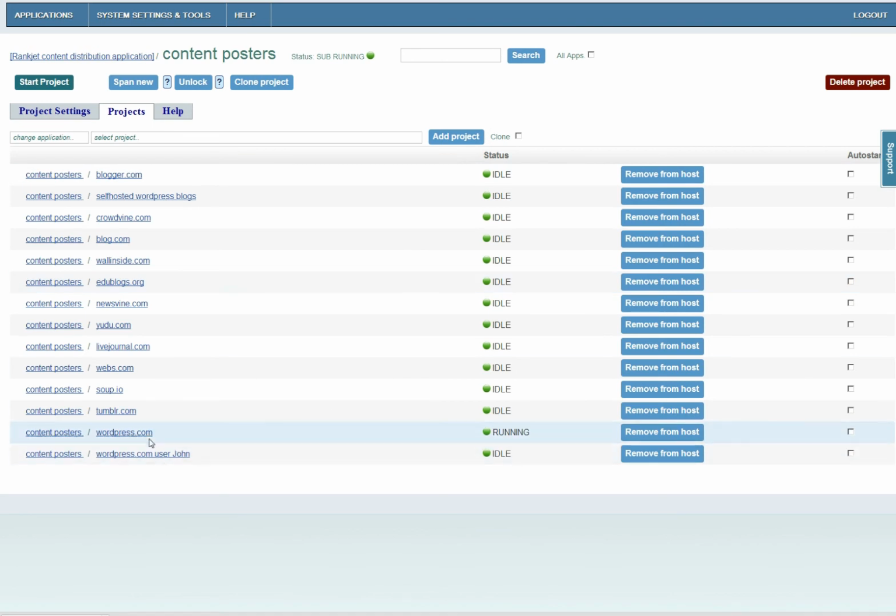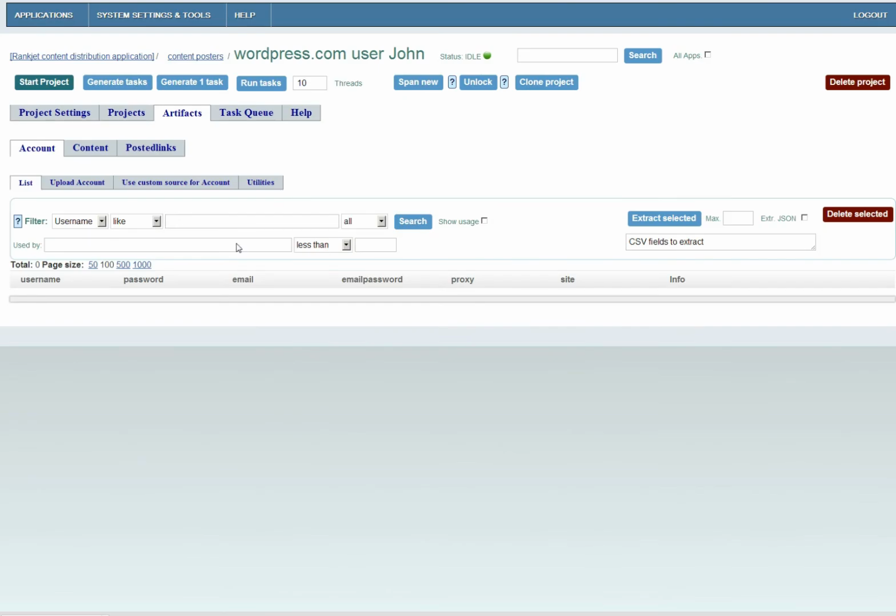You can see that both of them are actually here. So all you do is just provide artifacts, start the project, and it will run in parallel. Again, that's very useful if you, for example, have multiple users and you want to maintain them in different projects, or if you have separate tiers for your campaign and you want to run them